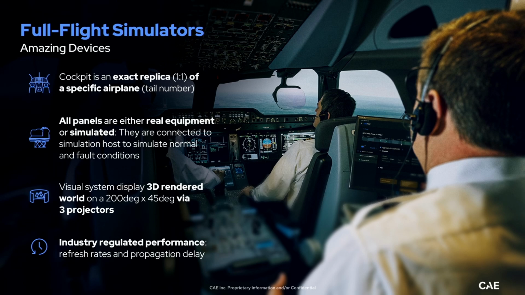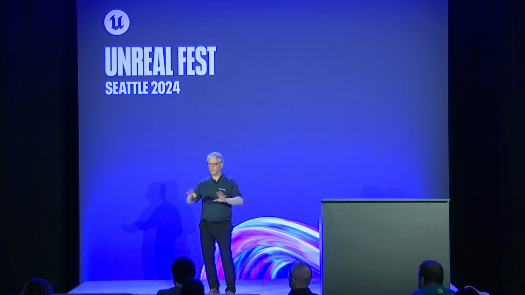This is an image of an actual simulator. This is an Airbus 320. We see they have HUDs nowadays on those airplanes. And then you see what we call the IOS, the Instructor Operating Station. This is forward-facing, so that allows the instructor to control all the malfunctions and assess the position of the aircraft and all the conditions, while looking at the crew and understanding what the crew is doing. So the first important aspect is that the cockpit has to be 100% replicated and has to be perfect,